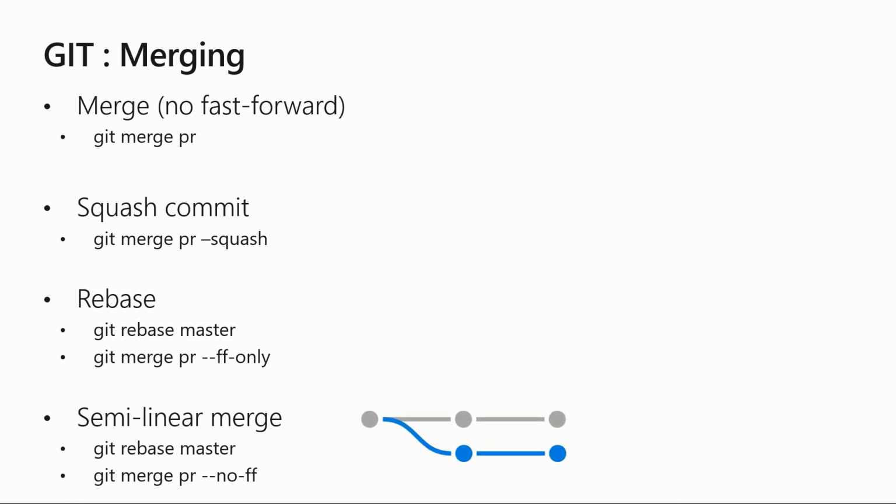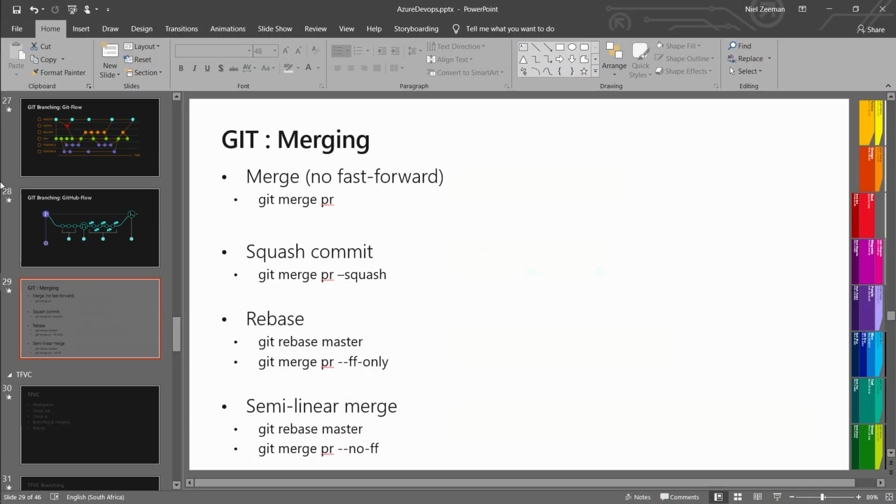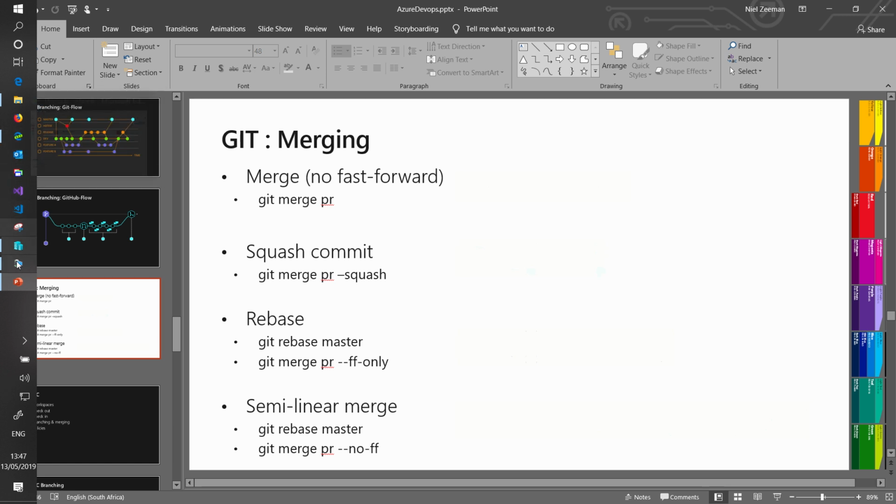So that basically takes your current branch and rebases the branch to your current head. Those are the four options when you're merging in Visual Azure DevOps actually. If we go and have a look at